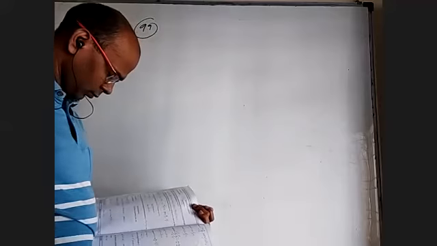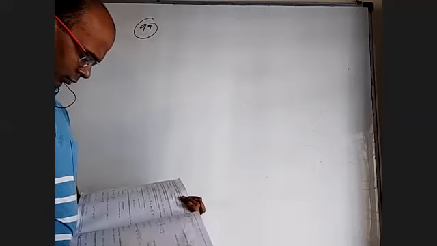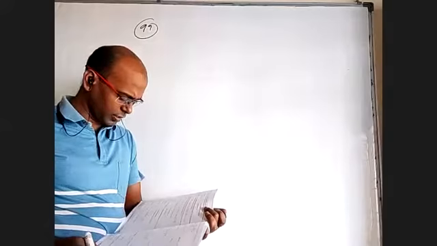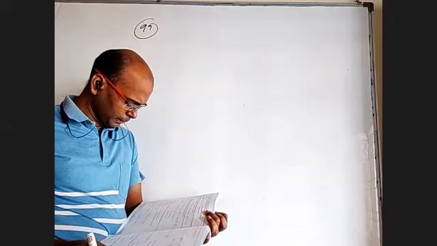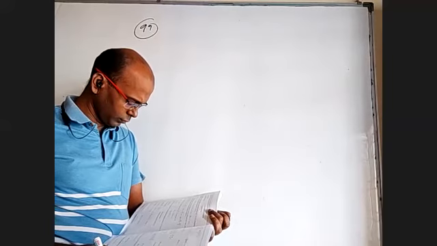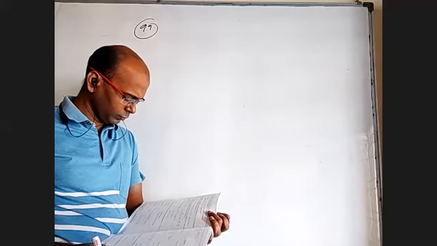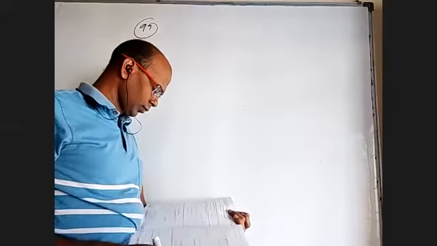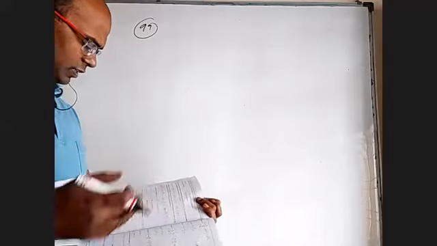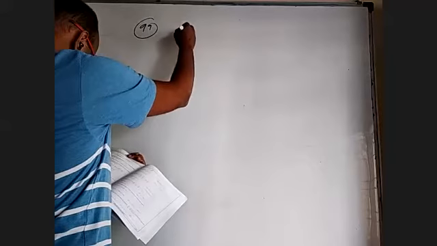Okay, 99. I don't know whether it is homogeneous or something like that. Shall I do it? Okay, I can do it. I can adjust it also. F of x into dy by dx minus y into f dash. Well, I think everything is adjusting. Let us see. The denominator f of x I'll bring to LHS.